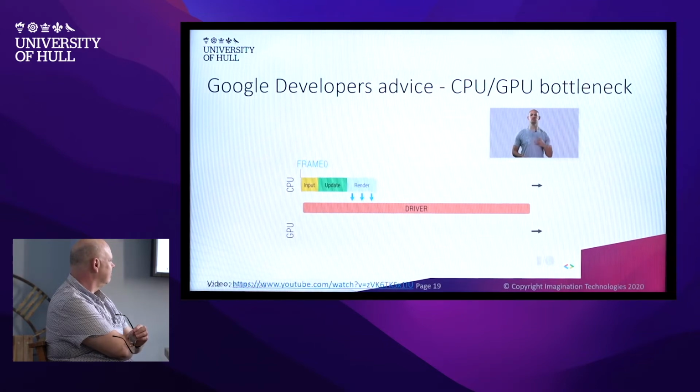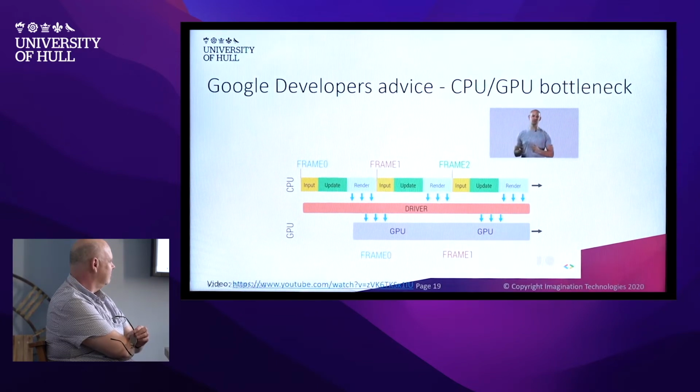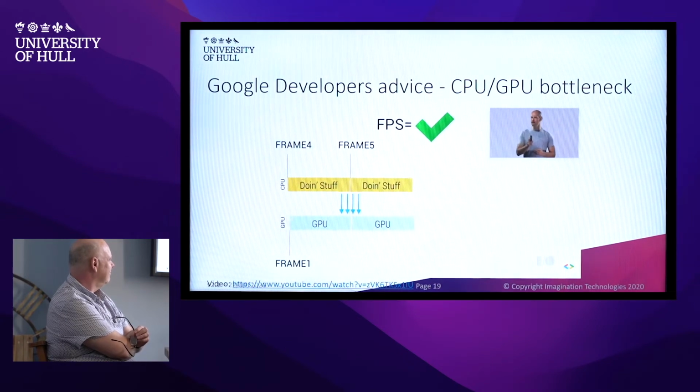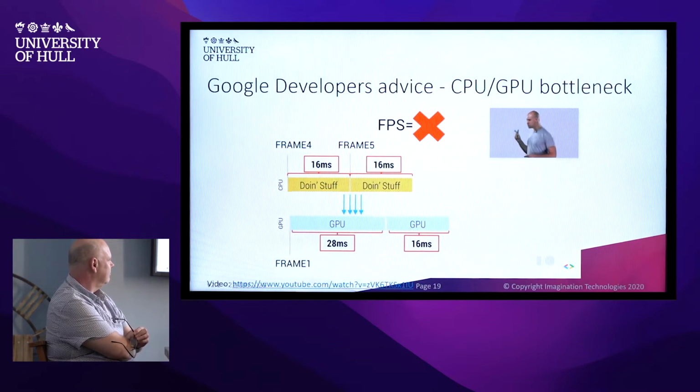The existence of the message queue process in the driver means the CPU can be pushing messages into the driver at a different rate than the GPU is reading from it. And as such, your GPU can be consuming, processing, and drawing data that's around 1 to 2 frames behind the CPU. Now, while alarming, don't worry. This is actually really typical of modern hardware architectures. But with this in mind, understand that hitting 60 frames a second in your game requires both your CPU frame and your GPU frame to both complete their work in around 16 milliseconds. When either of these two systems starts to go out of sync and take longer than that, bad things happen